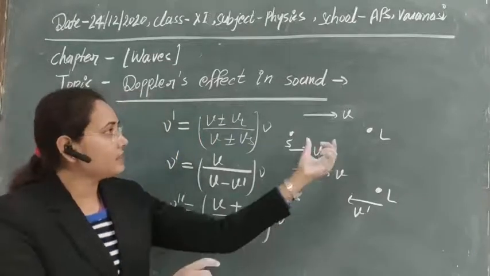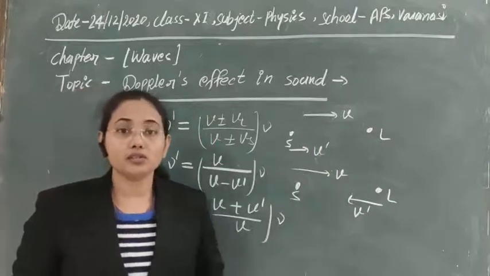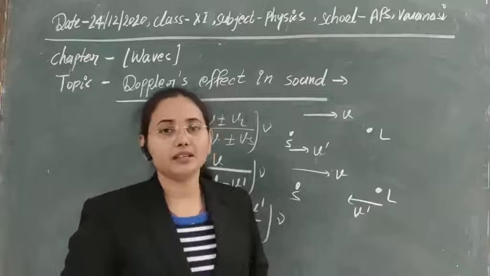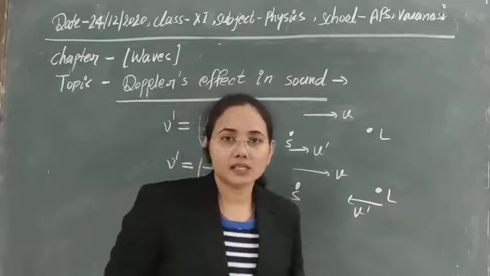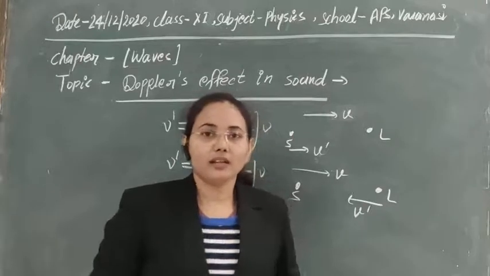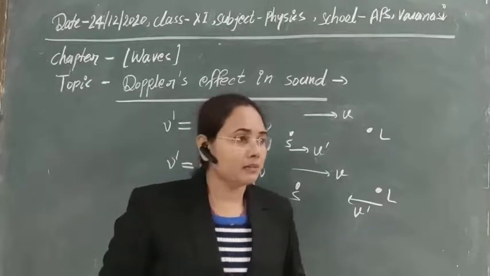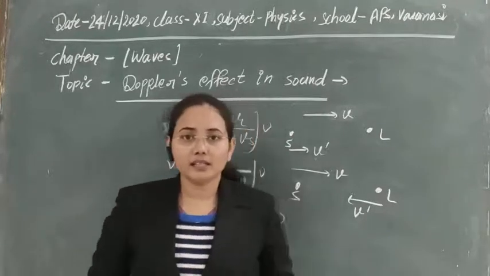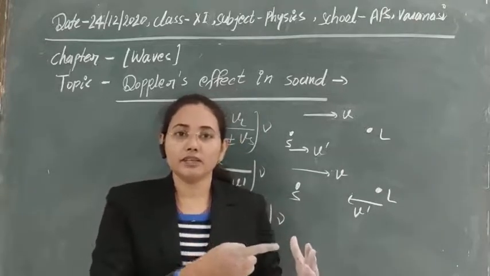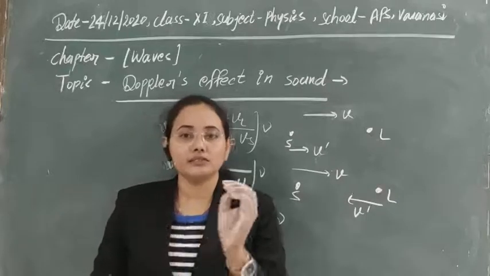It means that the Doppler effect in sound is not symmetric. It has an asymmetric nature. This is a very special property of the Doppler effect in sound. We cannot assume symmetry here, meaning we cannot assume that if the source is moving with a certain velocity, the listener will hear the same frequency as when the listener moves towards the source with that velocity.